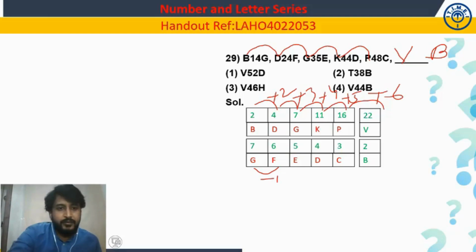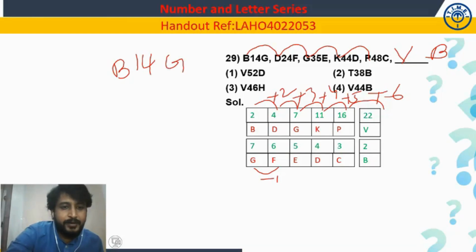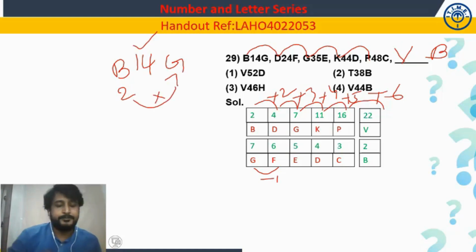Okay. Now here, if you observe the numbers, what is the given first set? B14G. B's place value is 2. G's place value is 7. Multiply it, what will you get? 2 into 7, 14. The product of the place values of the letters on either side of the number is equal